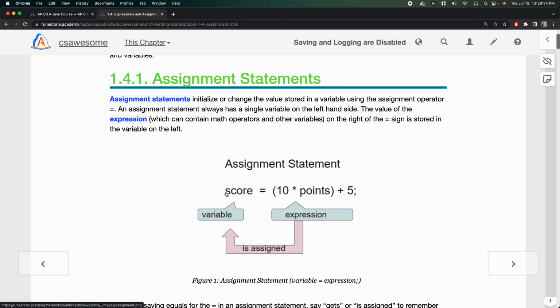It's probably a double. So we are going to say score equals sign. And then over here, we've got our expression. We just practiced how expressions worked. If points was equal to 3, we would assign 10 times 3 plus 5,